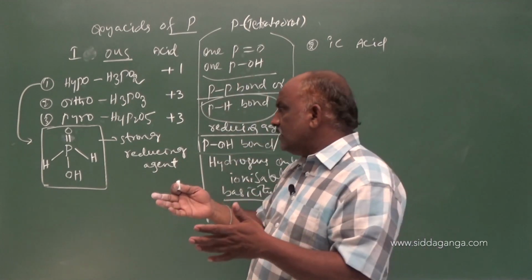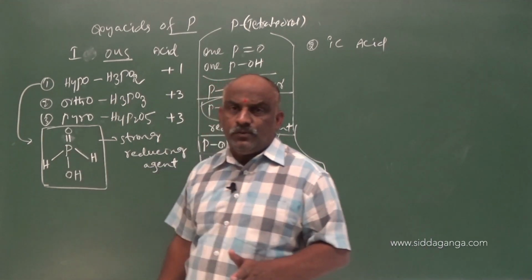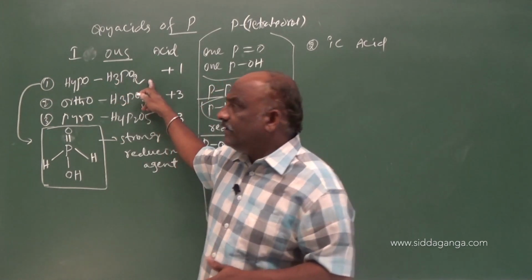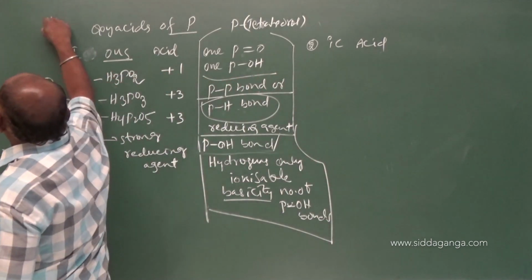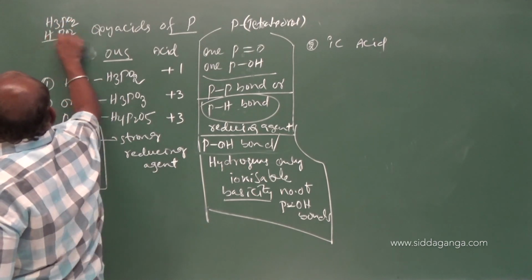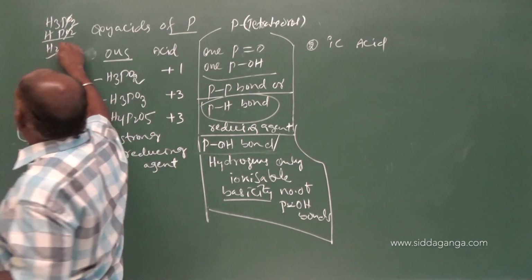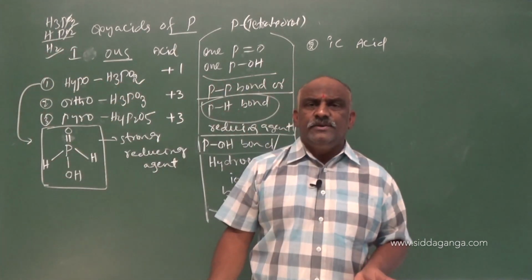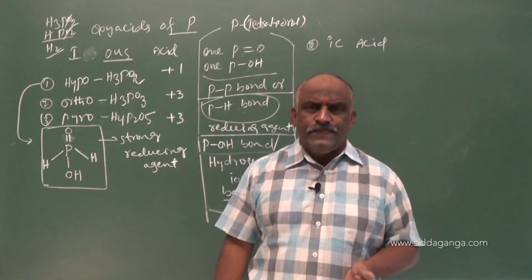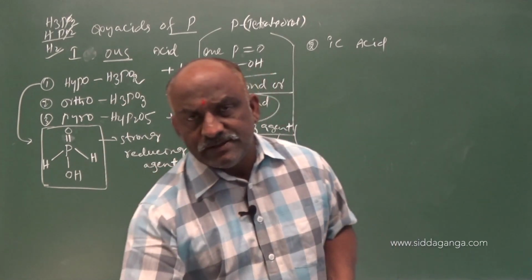After that, what is formula? Formula HPO2. What is required? H3PO2 we required. Already we will get HPO2. What is remaining? Two hydrogens are left. Two hydrogens are left means we should directly attach the hydrogens to phosphorus like that. Clear it is.